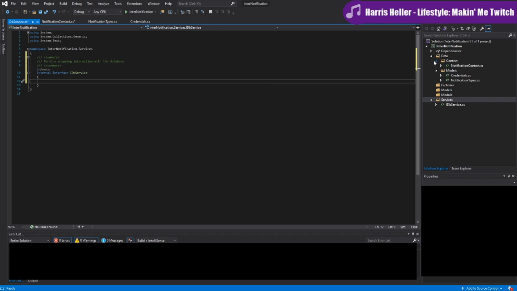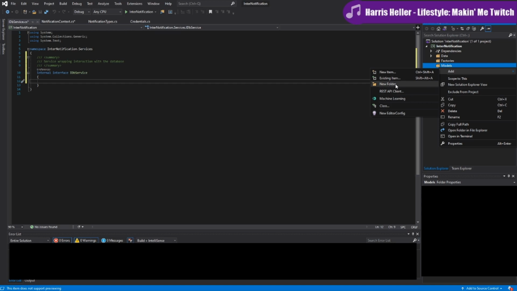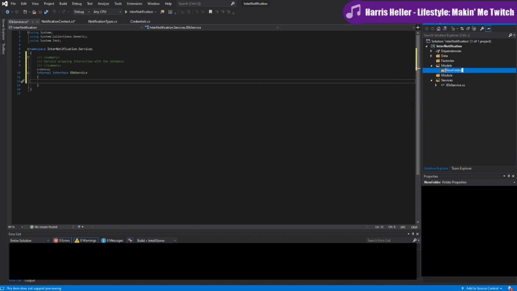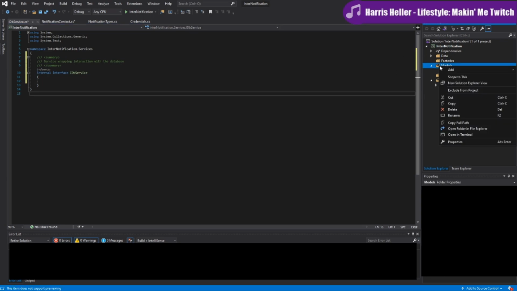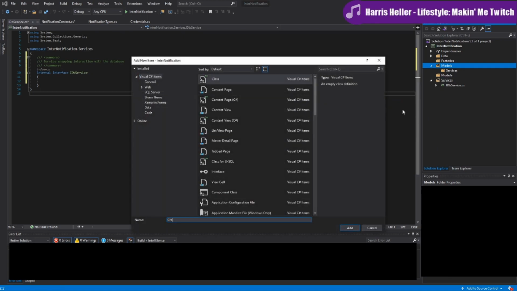So now we actually need to go to our models. And I'm actually going to add a new folder, and we're going to create a services folder inside of our model for models related to our services. And then we're going to have to create some things that go across, which for this one, we're actually going to create a class, credential